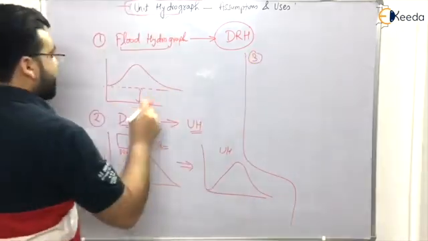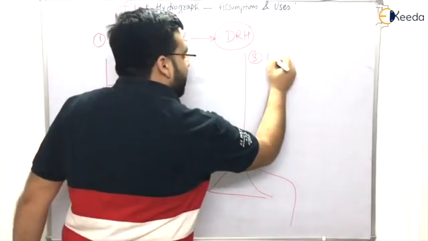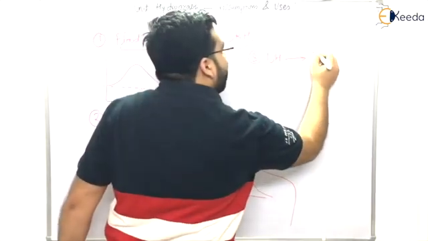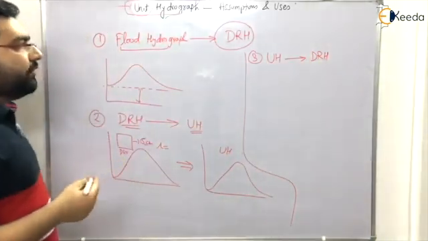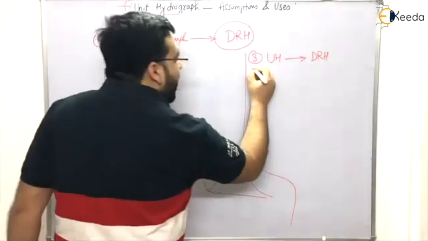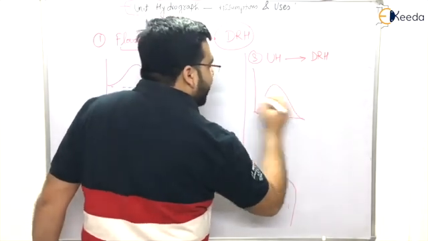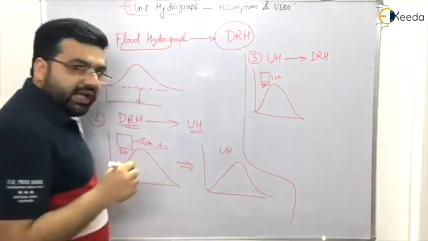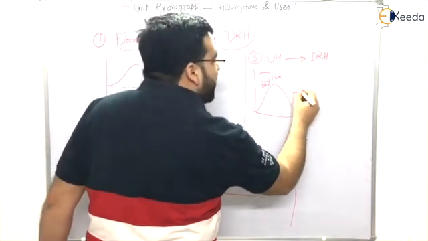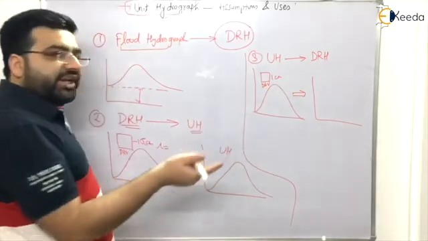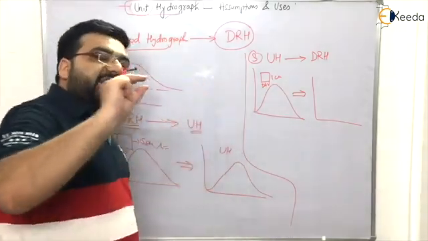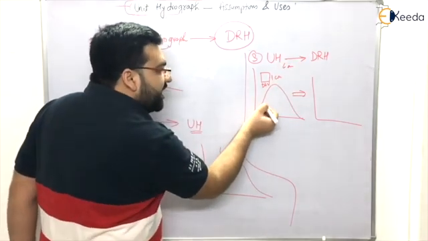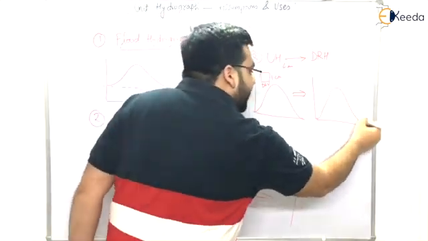The third type of question which is coming in examination is that from the unit hydrograph, you have to calculate the direct runoff hydrograph. I told you that it is following a linear response. So for example, you have a unit hydrograph, and this is of 1 unit, let us say 1 centimeter for d hour duration. Now you have to get the direct runoff hydrograph. So what you have to do is multiply the ordinates with the effective rainfall. Let us say the effective rainfall is 6 centimeter. So you have to multiply each ordinate by 6 to get the direct runoff hydrograph.